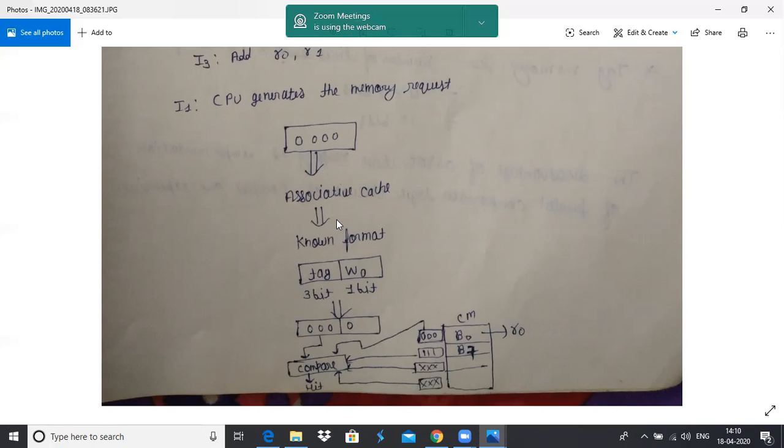Compare the CPU generated tag value to the cache memory tags, because here the main memory block can be mapped to any line. So there is no use of any mapping function. The block is B0, so at B0 the tag value is 000 and the CPU generated tag value is 000. Compare these two tags. These are equal, so it becomes a cache hit operation.